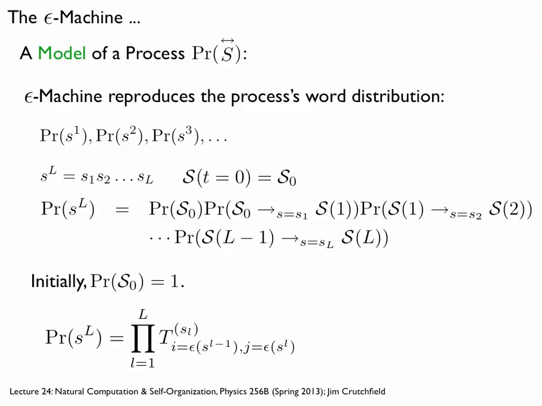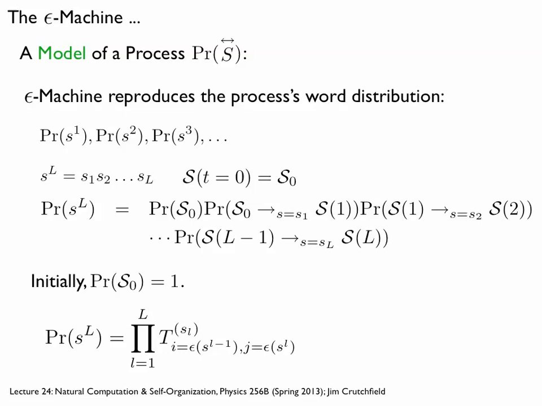I just follow the transitions going from the start state to the next state, given that I saw the first symbol, times the transition probability from the next state to the successor state, given the next symbol, and so on. So I just follow a path through, and the whole time I'm just multiplying a series of transition probabilities. Get down to the last symbol. That product is the probability of the word that's assigned by that epsilon machine. So in short, there's a rather direct way of calculating. If we have the full epsilon machine with its unique start state, it's really a telescoping product along the path that that sequence takes.